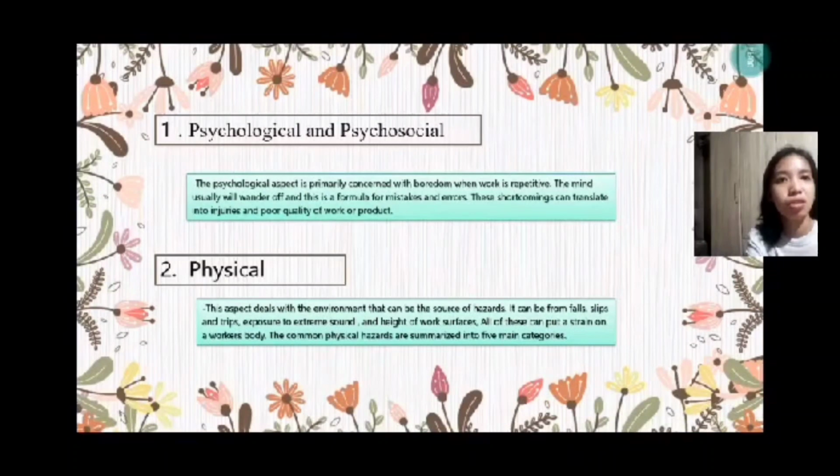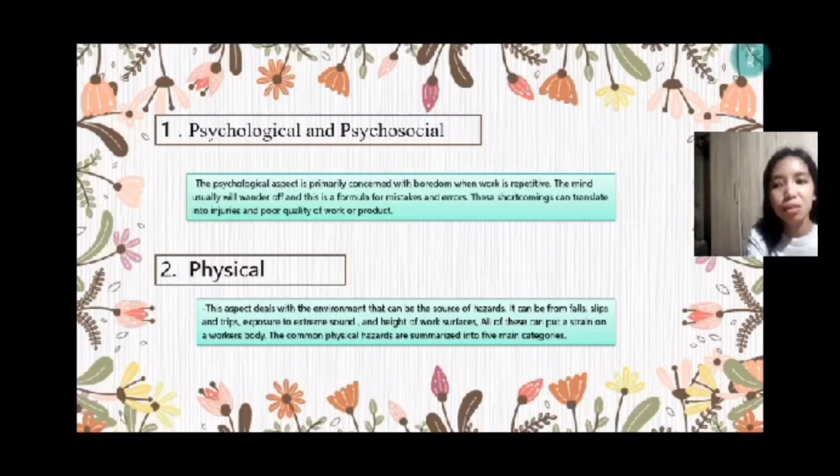First, physiological and psychological aspects. The primary concern is boredom when work is repetitive. The mind usually will wander off, and this is a formula for mistakes and errors.